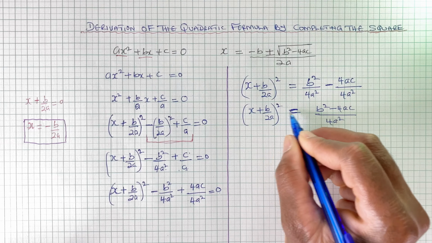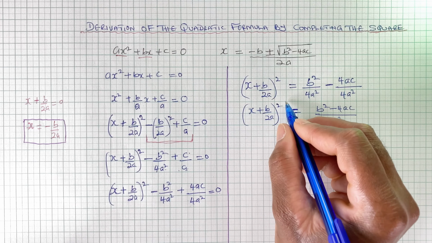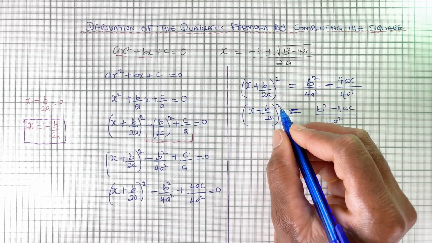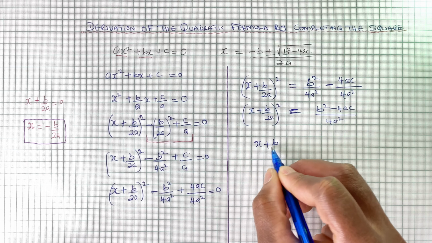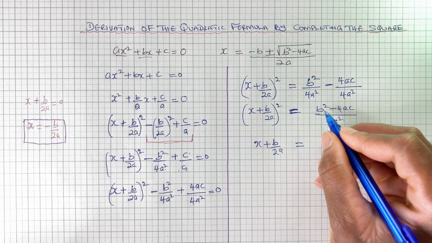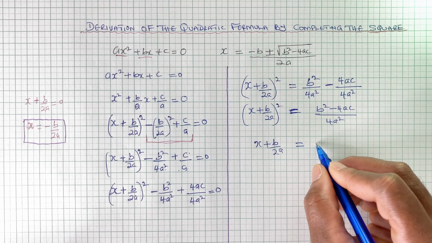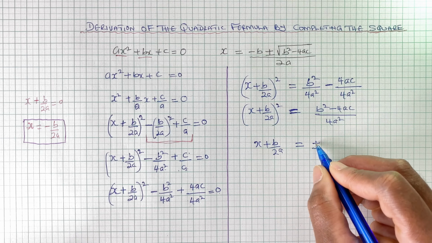Now to get rid of the squared here, I need to square root. If I square root, it will remove that squared. So I'm going to have x plus b over 2a equals, so I'm square rooting this as well. So that'll be plus or minus